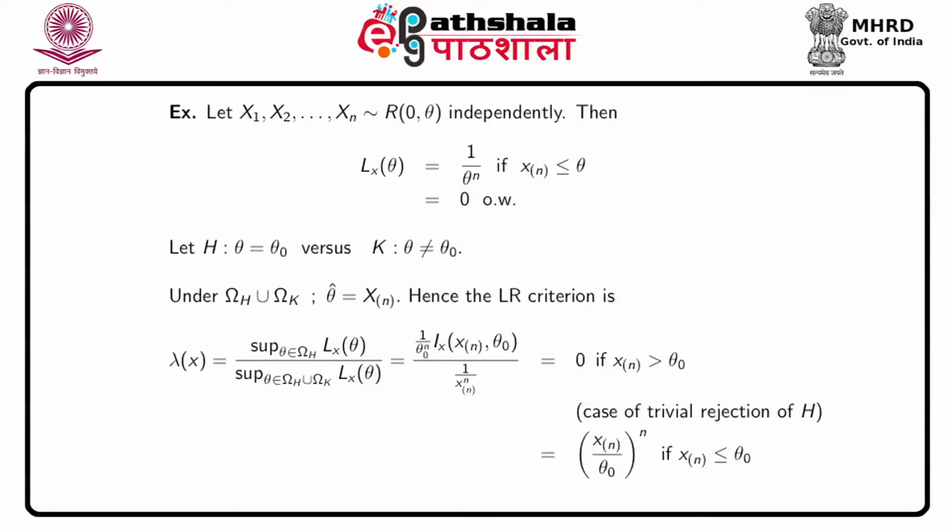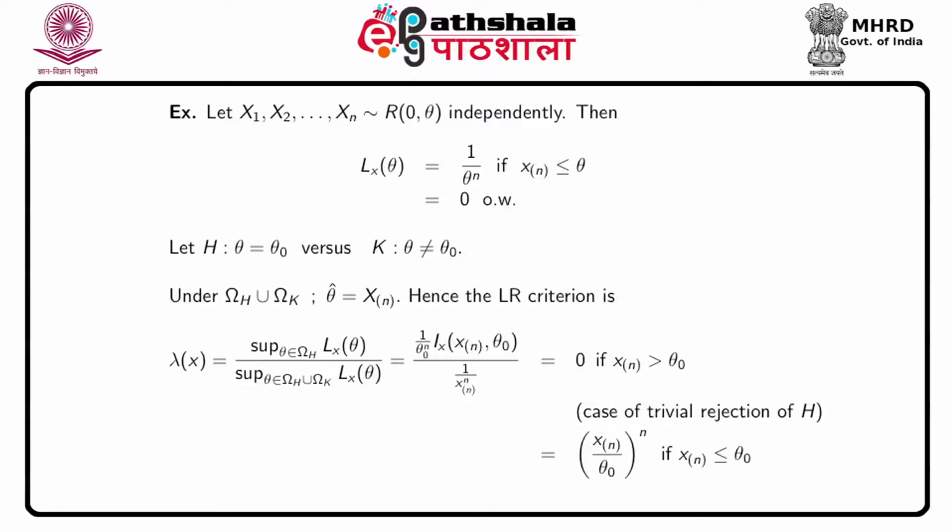Hence the likelihood ratio criterion will be lambda x equal to supremum of L(theta), theta belongs to omega H, by supremum of L(theta), theta belongs to omega H union omega K, which here becomes equal to 1 by theta naught to the power n times an indicator variable I, which is a function of x order n and theta naught, divided by 1 by x order n to the power n, and naturally this ratio will be equal to 0 if x order n is greater than theta naught, because the indicator variable I of x order n and theta naught will take the value 1